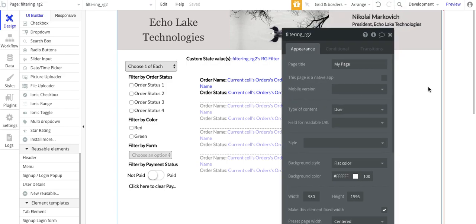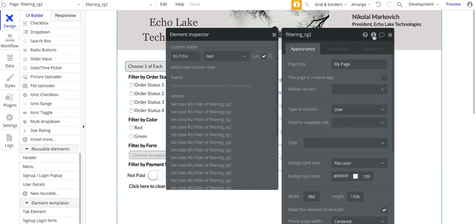So all I did here was click anywhere on the page, not on any of these elements, just on the page. So filtering RG, that's the name of my page here, for filtering repeating group 2. And then I click on the element inspector, this little I, and then custom state. So I've got this custom state RG filter. It's of type text, and it's a list. And the reason it's a list is because I'm adding all of the different filters into this custom state